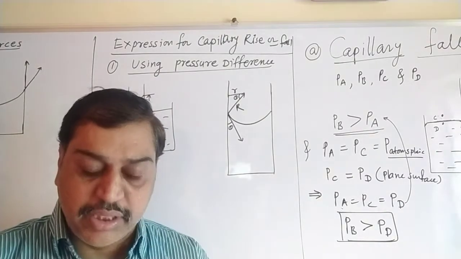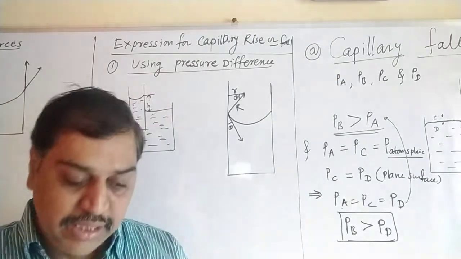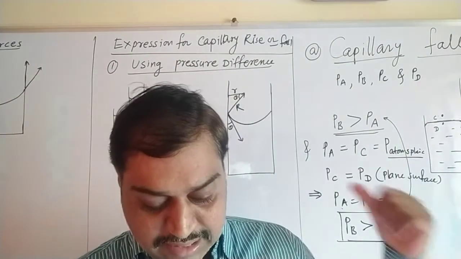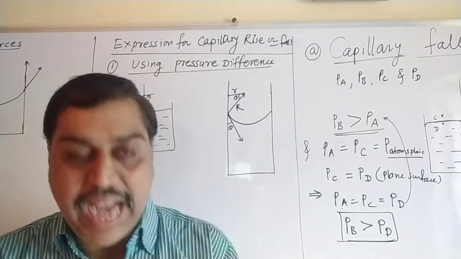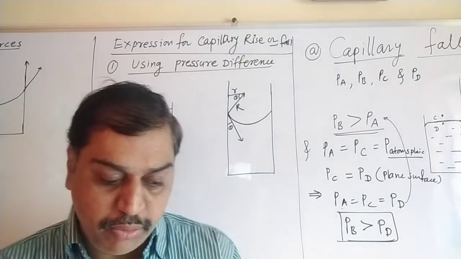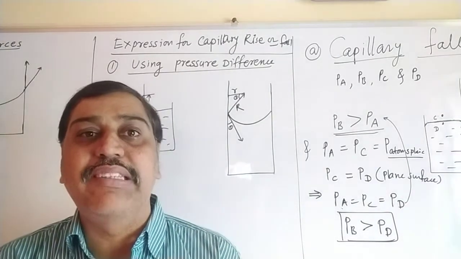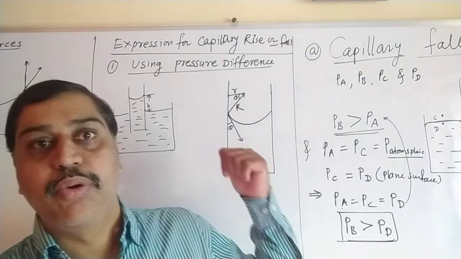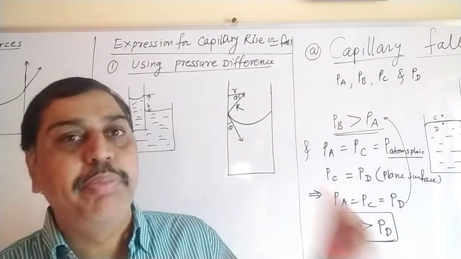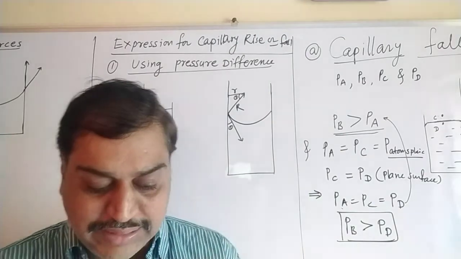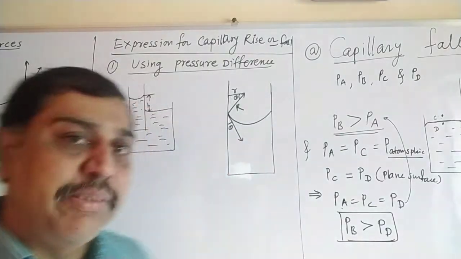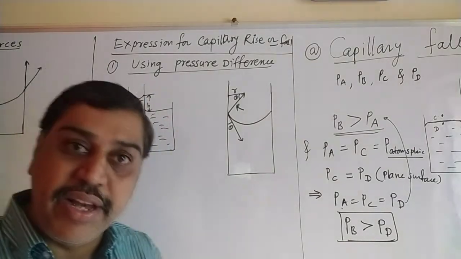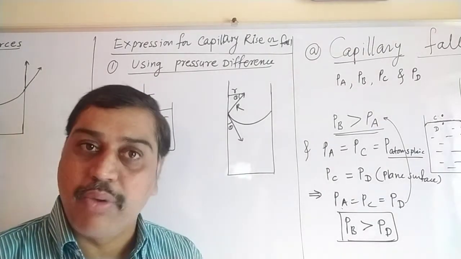Now in this situation, we have to use one equation, that equation of pressure difference. So pressure due to liquid, in our case water column at height h, must be equal to pressure difference of twice T by R. The pressure due to the liquid, in our case due to the water, at height h must be equal to the pressure of twice T by R. Why is it taken as twice T by R? Because it is a concave part. For concave geometry, pressure must be equal to twice T by R.